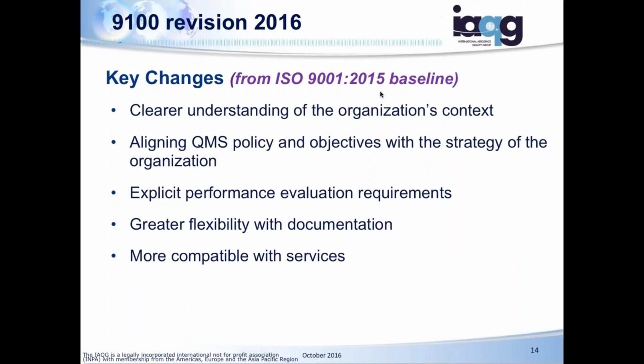Greater flexibility with documentation. You may have heard that there's no set requirements for a quality manual or 6 documented procedures. Well, that is not totally true. First of all, please do not go out and have a bonfire in the parking lot saying, oh, we no longer need these. I see very, very few organizations that just have a quality manual and 6 documented procedures. That's one of the ways you capture knowledge, right? We capture knowledge in these procedures to understand here's how we do things and do things consistently.